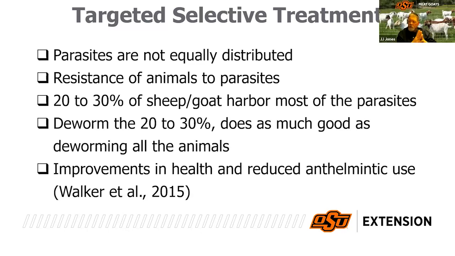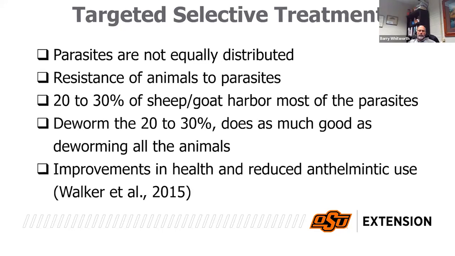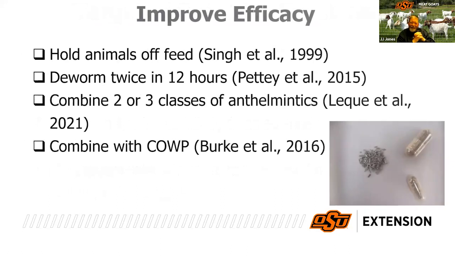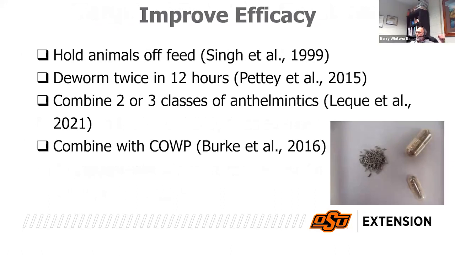And the other question we had, you talked a little bit about it, about combining 3 classes at once. What are your thoughts on the research behind this? You kind of mentioned that we're using that at the buck test. Yep. So obviously we think it works pretty well. I list one reference there, but there are other references of using 2 or 3 dewormers and comparing it to just one and seeing a much better kill, or much lower fecal egg counts following that. So it's been researched, and it does work.